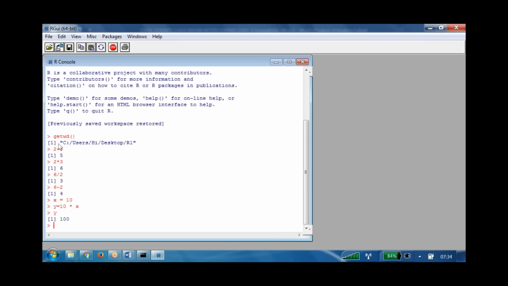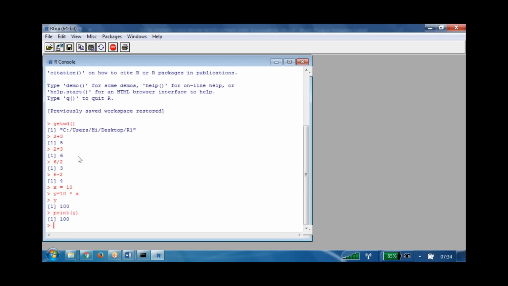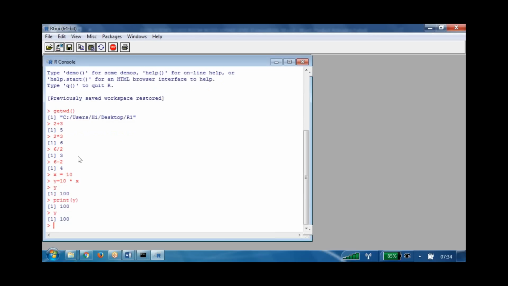What did we do first? We mapped 10 to x, and then we said y is equal to 10 into x, and we are printing y. To print y, you can write the print statement, or without the print statement, simply writing y also works.